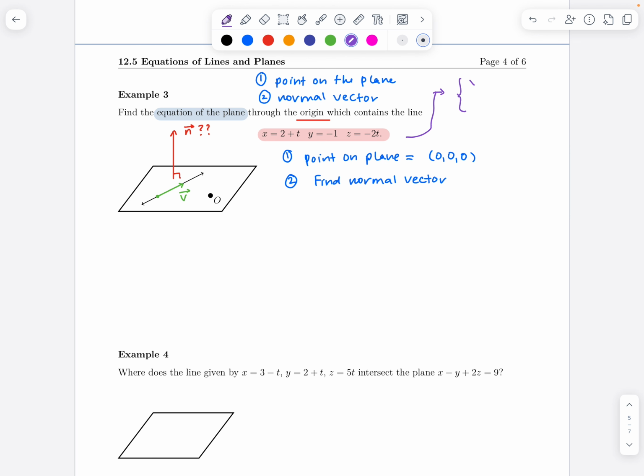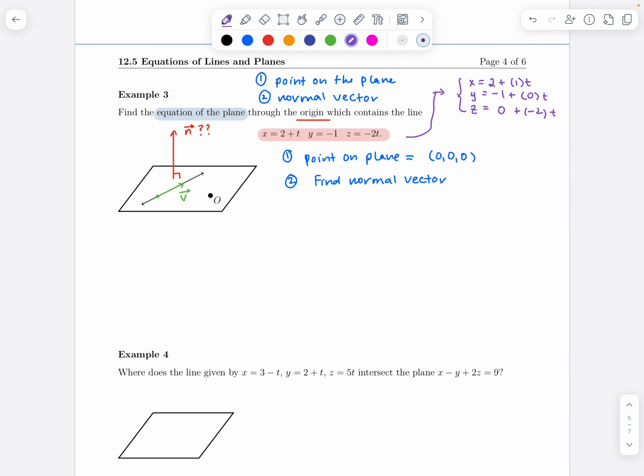So we could think of this as x equals 2 plus the quantity 1 times t. Y equals -1, and we don't see a t there, so that means that the coefficient of t is 0 in the y equation. And then z equals, we don't see a number being added to it, so that means that that's a 0 plus